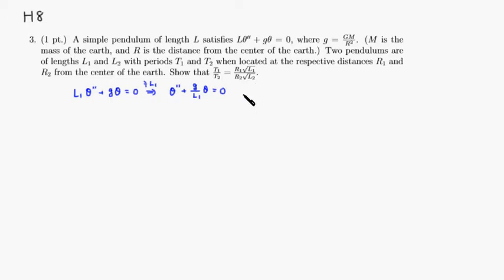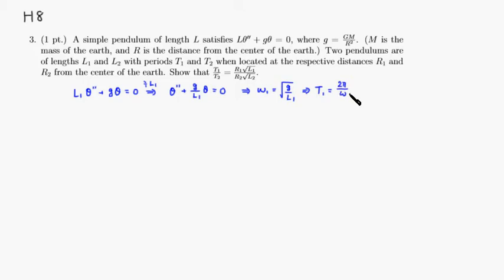So remember that omega is the square root of this coefficient. I should probably call it omega 1. This is the circular frequency, and it is going to be the square root of G over L1. Then if you want to find the period for this, T1 is simply 2 pi